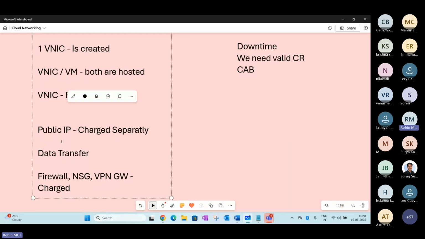For example, if your network card has been assigned a public IP address, there is a charge, and all inbound connections are free. Any data which you transfer outside, we have to pay for, and any security solutions you are using, you can use them here. You can see here the configuration has been configured.